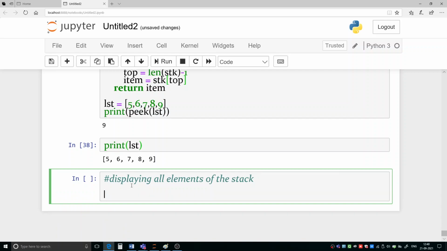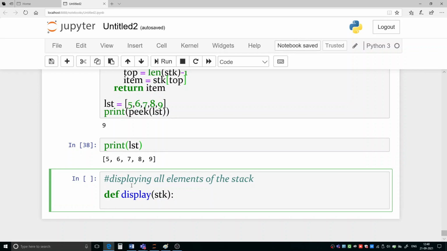So simply we will be defining one function, def, and suppose the function name is display, and the stack has to be displayed.